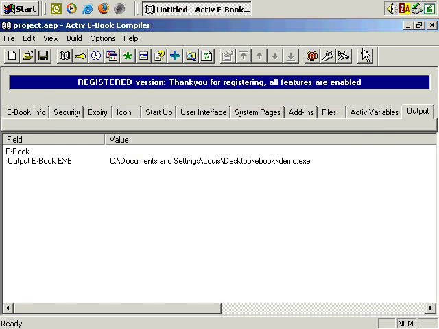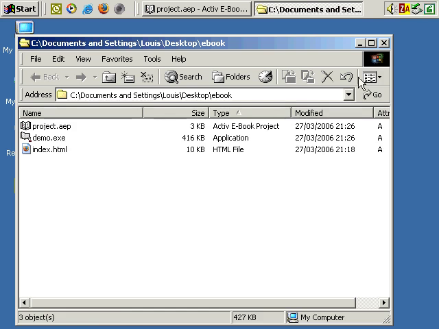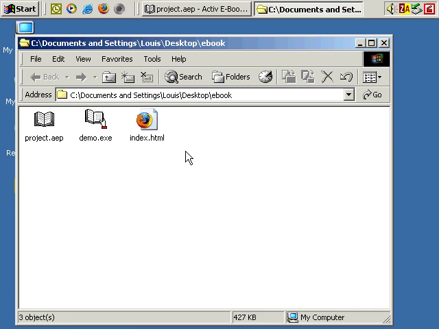Done. So let's minimize this, go into the ebook folder. Let's change the view slightly so it's clearer. And there's our project, our ebook compiler project file. There's our ebook, and there's our web page. If I double-click this, the ebook I've just created,